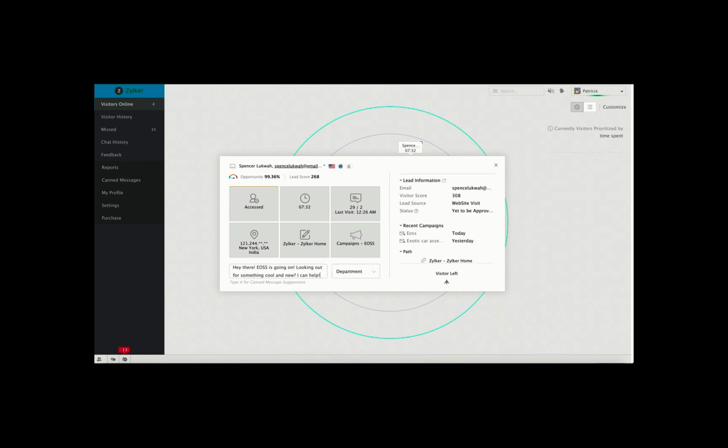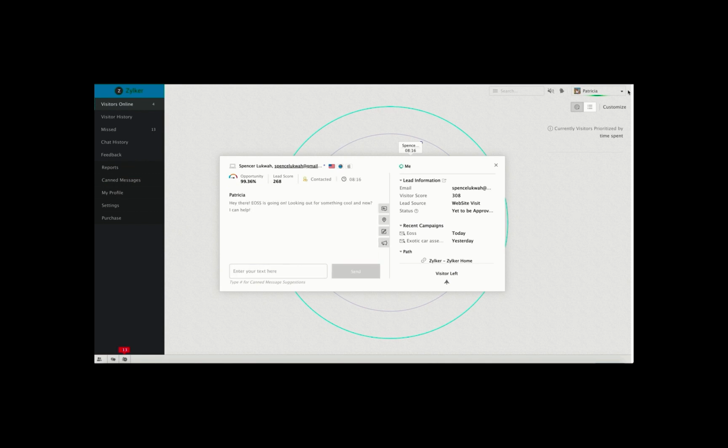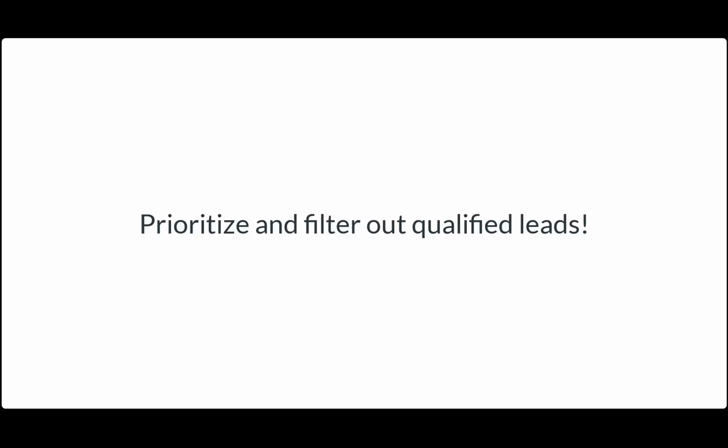Since Patricia is associated with multiple departments, she'll have to choose a particular department on behalf of which she would like to initiate this conversation. In this scenario, she can choose sales. Well, we have proactively initiated a chat successfully. Kudos to you. Now we know what all the details are that we can scrutinize out of the Visitors Online